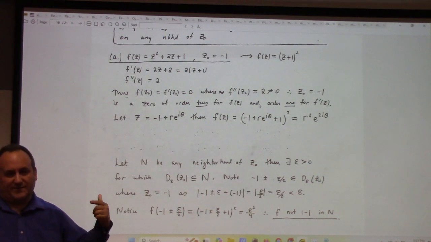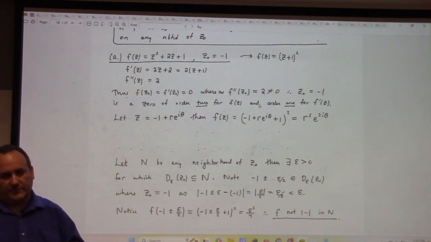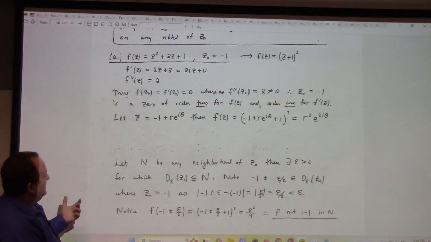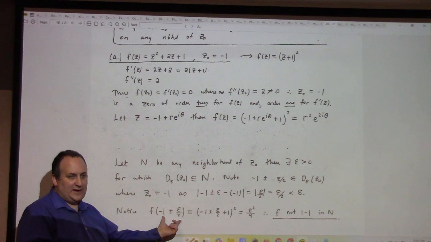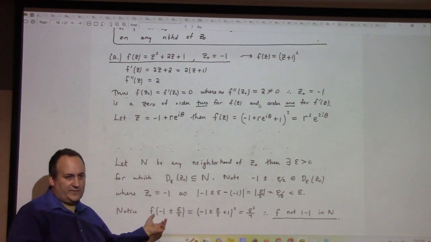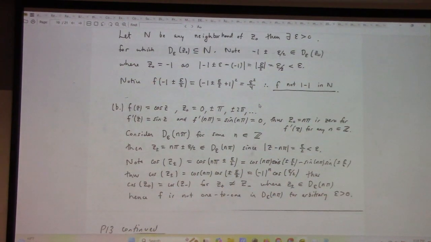It's not one-to-one if I can find two different inputs which give me the same output. And there are infinitely many ways to exhibit that. But for this one, I used -1 plus or minus epsilon over 2. When I do that, they both give you epsilon squared over 4. So they're different inputs, same output, not one-to-one on any epsilon ball of -1. So there's that. For part B,